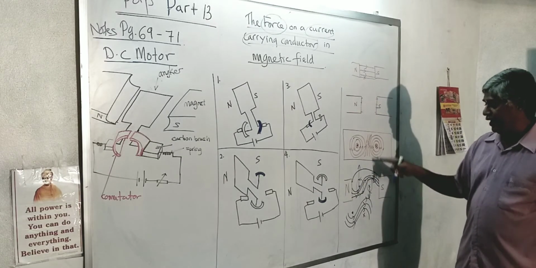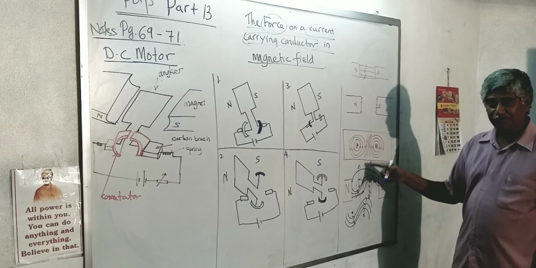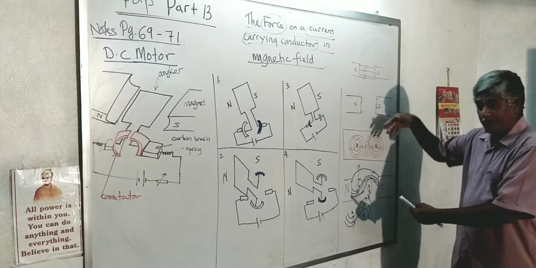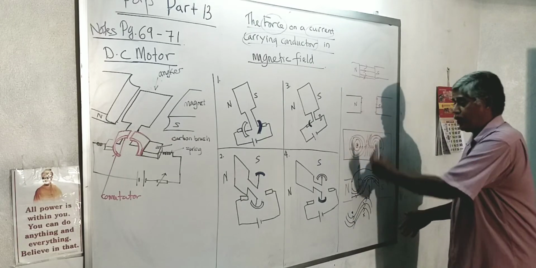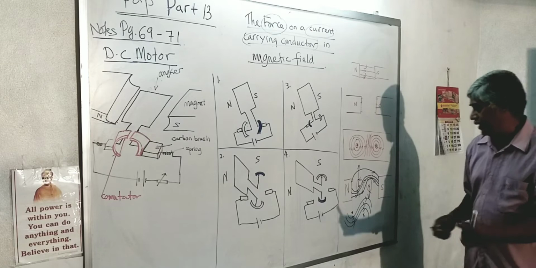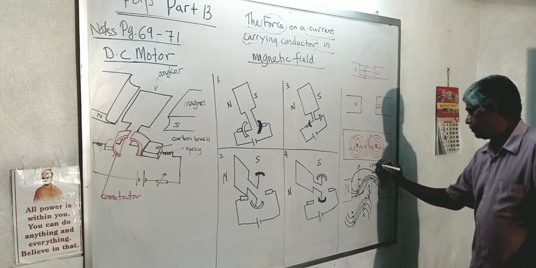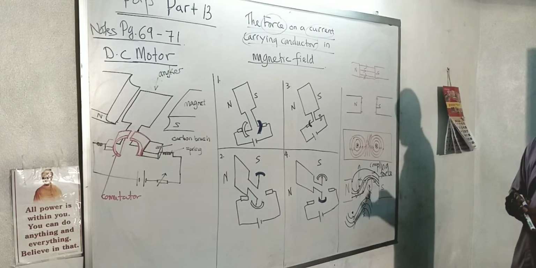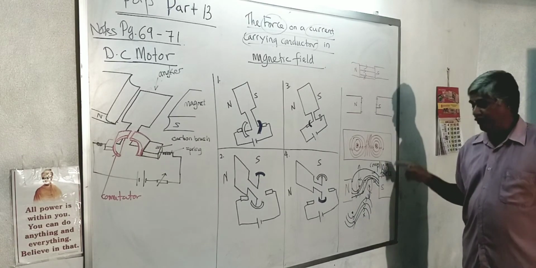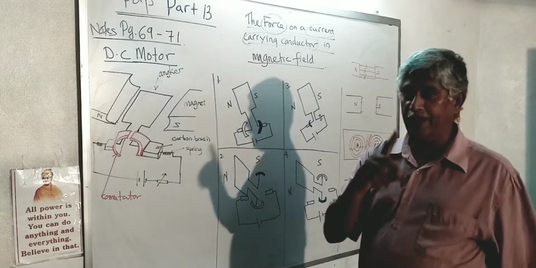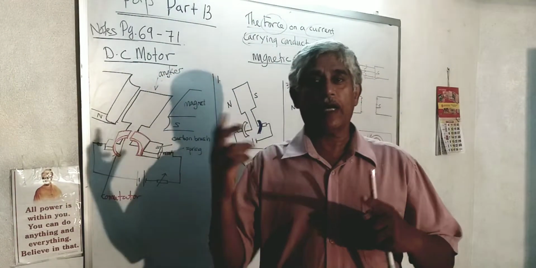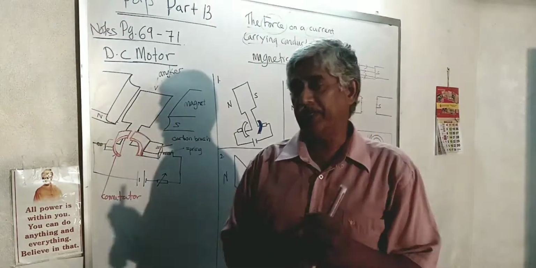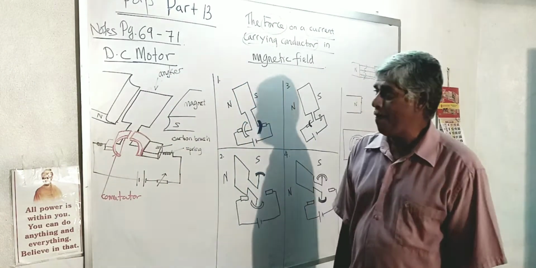So as you can see here, the current carrying conductor in the magnetic field now has a pair of forces in opposite directions. The one on the right goes down, the one on the left goes up. So this is known as coupling force. From the catapult field we get the coupling. Couple means one pair, right? Man and woman we call couple. So coupling force means a pair of forces moving in the opposite direction to give you a rotation effect. So you can see it over here, right?